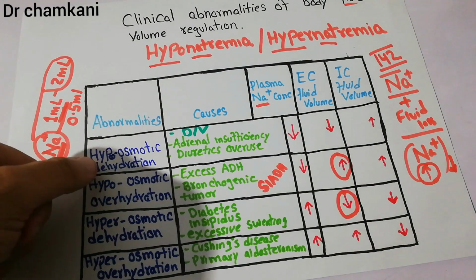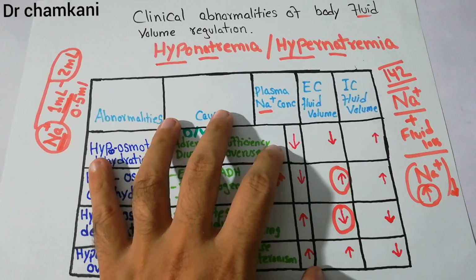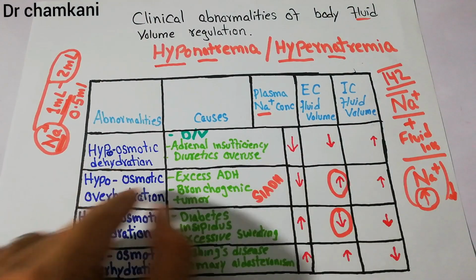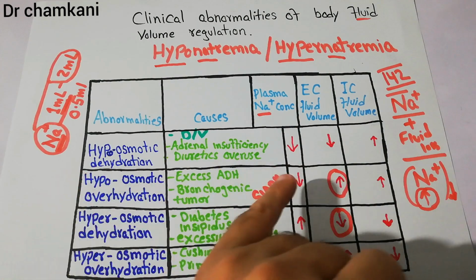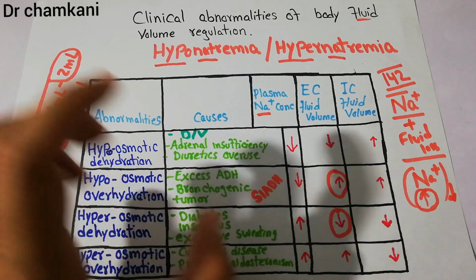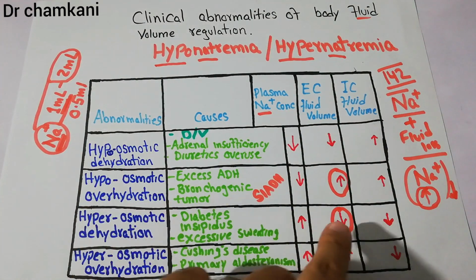Now, if they are associated with dehydration along with loss of sodium, along with loss of osmoles, along with loss of electrolytes, then they are labeled as hypo-osmotic dehydration. But if there is no loss of fluid, but there is only decrease in the sodium concentration, then we label it as hypo-osmotic overhydration. Similarly, if there is increase in sodium, but there is loss of fluid, then we call